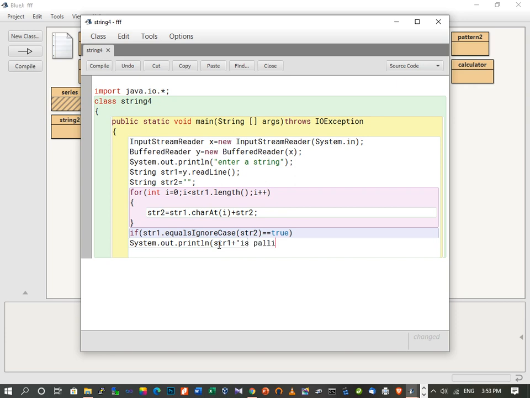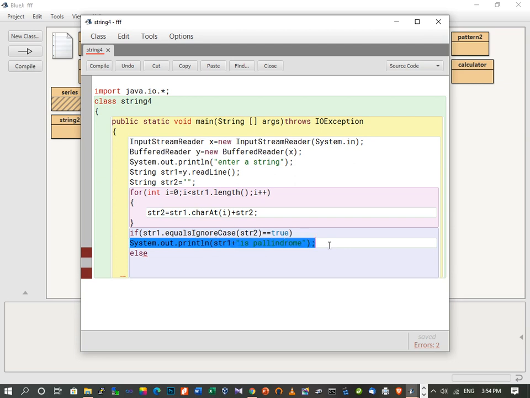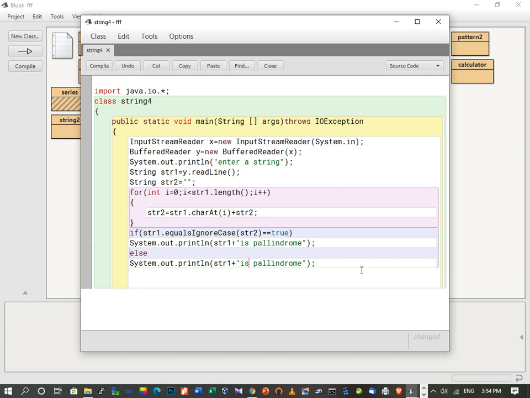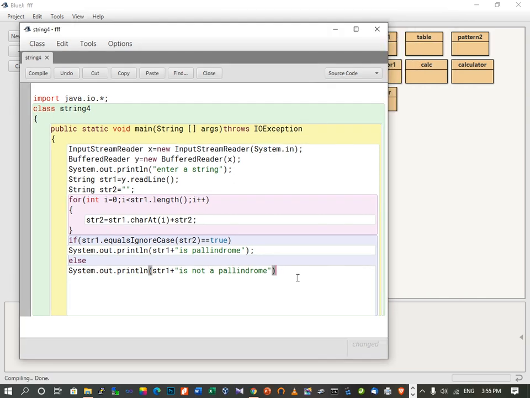Else we will print it is not a palindrome. So here we can copy this and write is not a palindrome. So here we have completed our program.